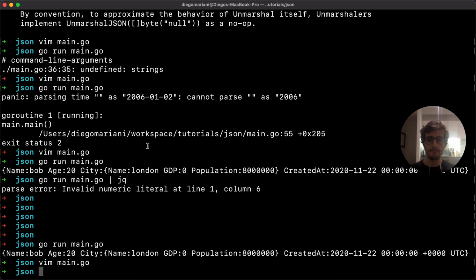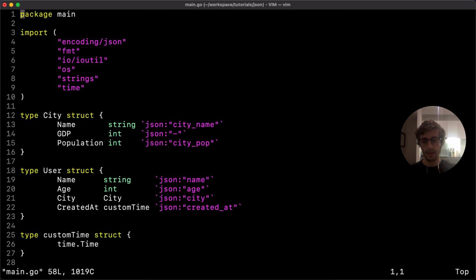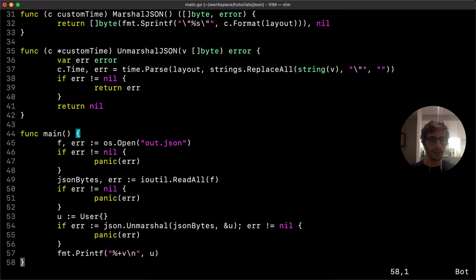the decoder, which is a buffered unmarshaler. It's just the same thing. It's just using a buffer, and using the IO reader, it's much more memory efficient. So when you have an IO reader and an IO writer, and you want to decode JSON or encode JSON starting from an IO reader or going into an IO writer, what you could use instead of the marshaler,